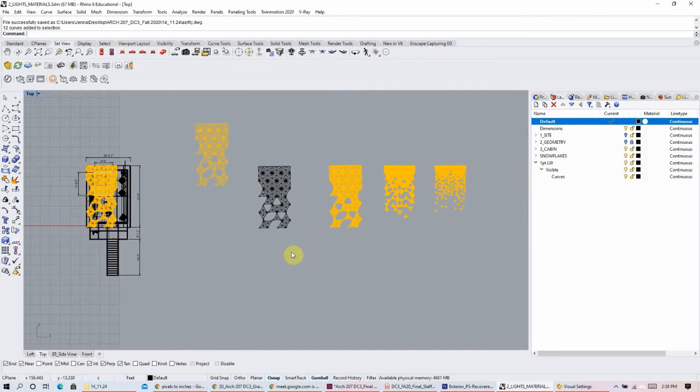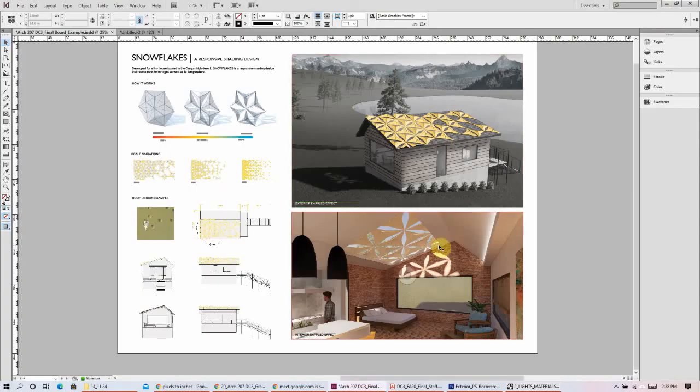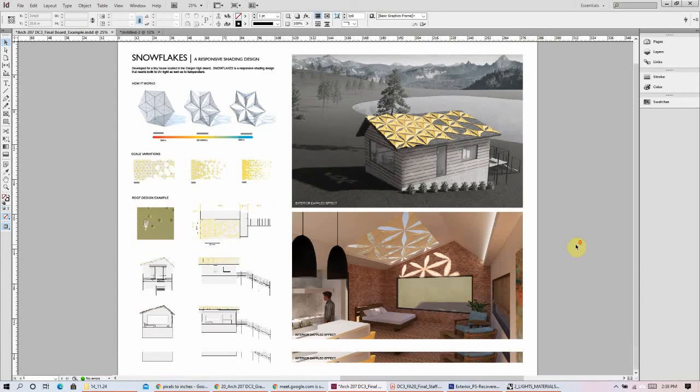Okay, so I think that's about it. We did render exports, we did image exports, and we did line work exports. Okay, so that's Rhino space. So now that I have those images, what do I do with them? Well,